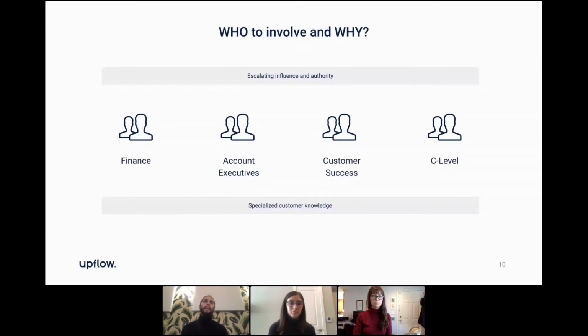They kind of operate on 2 different spectrums we've lined out here: different levels of influence and authority over your customers. The account execs and customer success people like Nicole would generally have an established rapport with customers, so they might have different influence. A CEO obviously carries a lot of authority, whereas a back office finance user might not. And then specialized customer knowledge, again, like the sales rep knows the sales terms and can communicate that to the